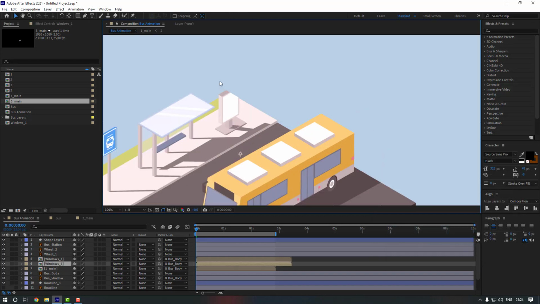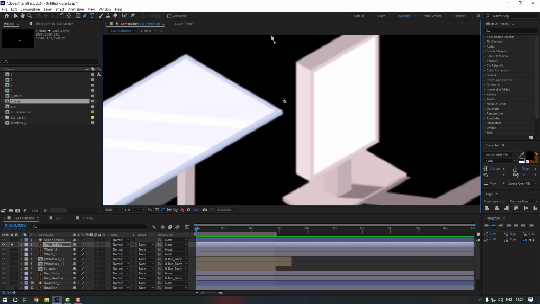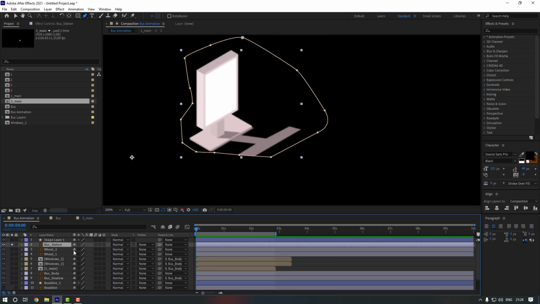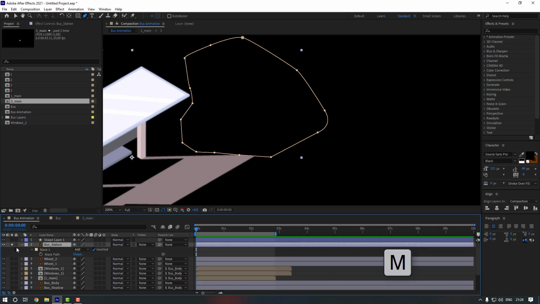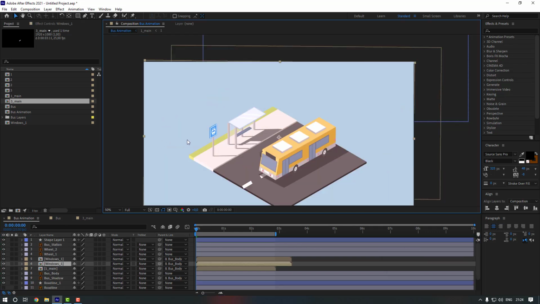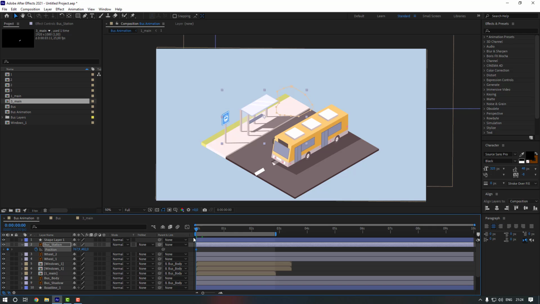Click OK. Okay, but as you can see, there is a problem. So to fix that, let's select the bus station, go to solo, and go to pen tool. Let's make a mask like this to remove this layer, like this. And select the bus station, press M, and click to invert it. Let's go off solo. Nice. Now select bus station and go to here, press P, make position keyframe,